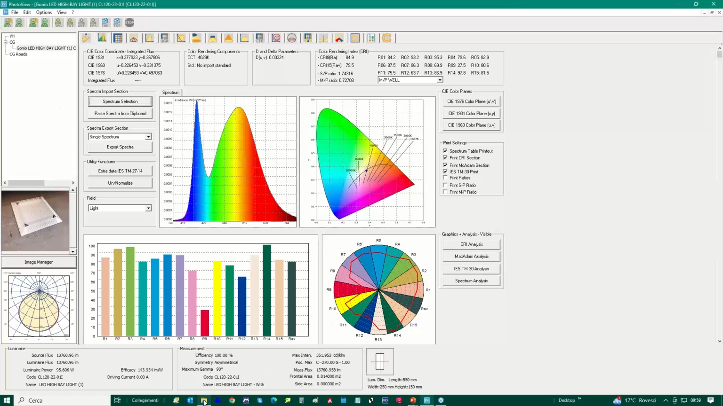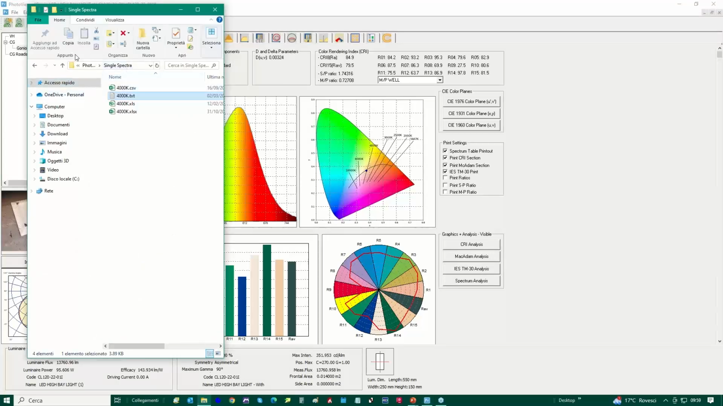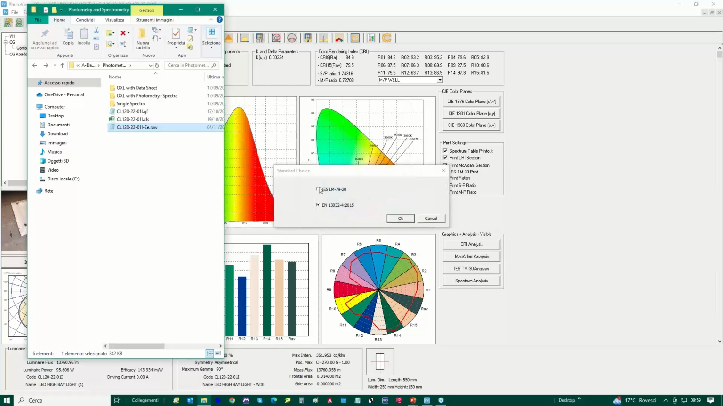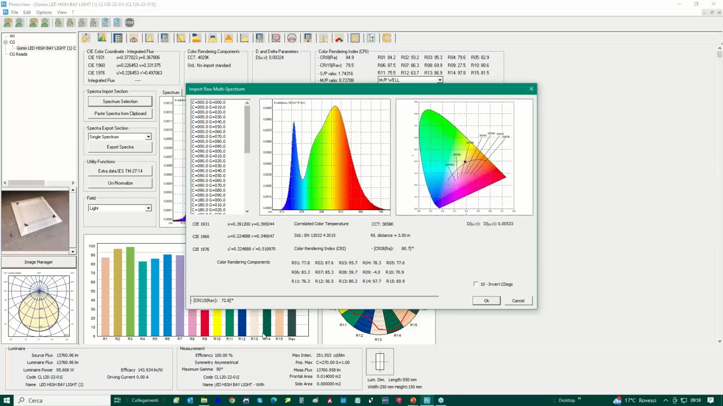And let's import a goniospectrometry. So we go back and we select the raw file. The raw file is the file produced by our goniophotometers, and you simply drag and drop. Again, the program is asking which standard we want to apply. In this case, it is for the calculation of the average spectrum. Over here, we have all the available spectra,